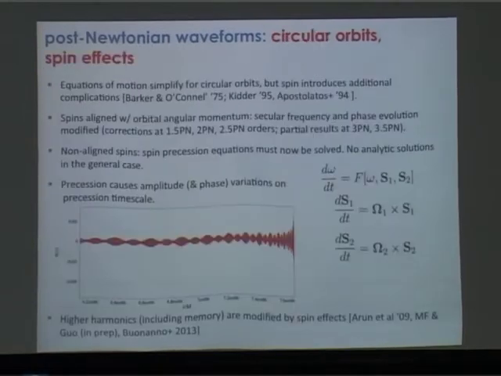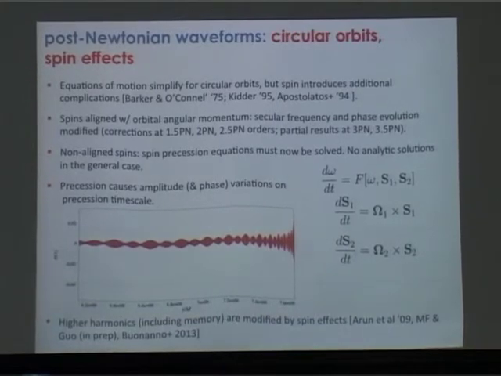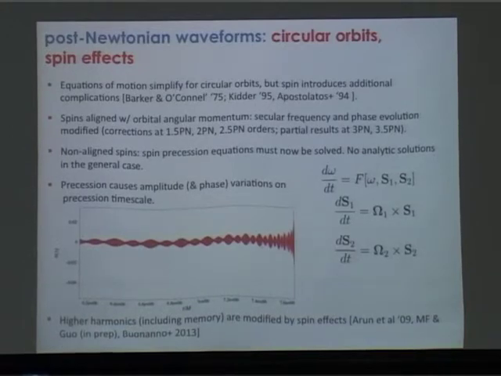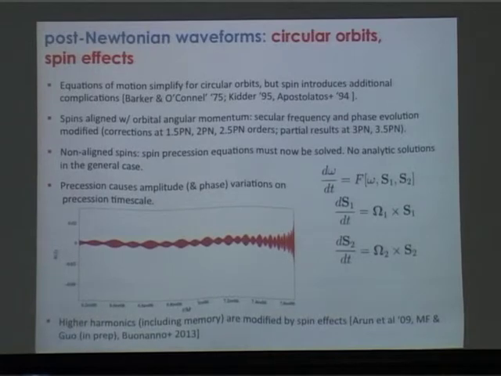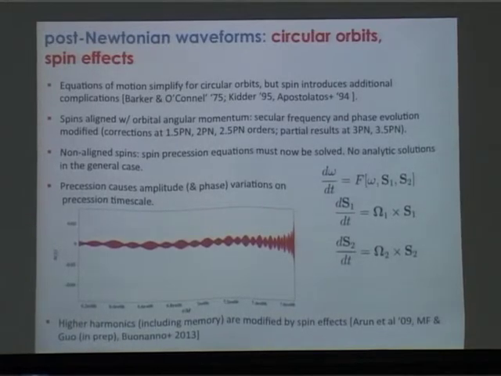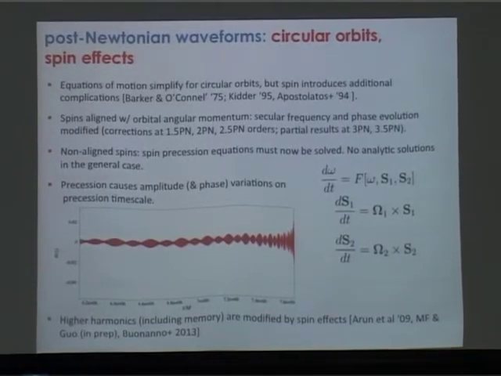Sorry, even if you have precessing spins, do you have a DC shift in the memory then? Yeah, you still have this memory effect. It's just a little bit different because you have spins, and you could have some additional modulation to the memory because of this spin effect. Would that be easier to measure than just a pure DC? If you have a modulated memory, then it might fit. Potentially, yeah. We haven't actually looked at the detectability aspect of it, but potentially that helps.